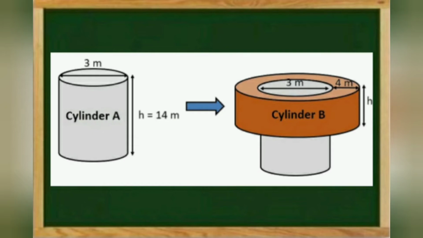Volume of outer cylinder. What will be the radius children? Radius of the outer cylinder. Can you tell me the radius of the outer cylinder is 11 by 2. What is 11 by 2 children? So the diameter of the inner cylinder is 3 and the width is 4. Right hand side 4 meter and left hand side 4 meter. So totally 4 plus 3 plus 4 is 11. So the diameter is 11, then the radius is 11 by 2. So the radius of the outer cylinder is 11 by 2 and the radius of the inner cylinder is 3 by 2. And we have to find the height of the embankment.